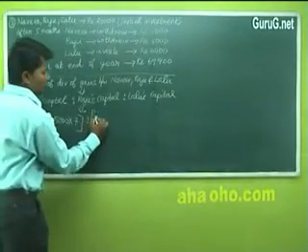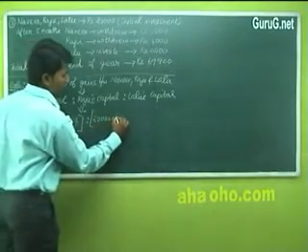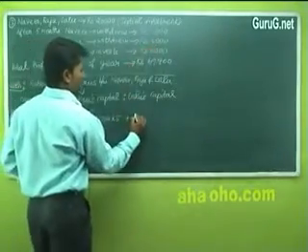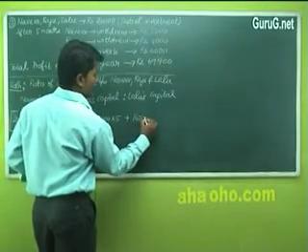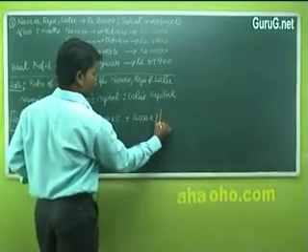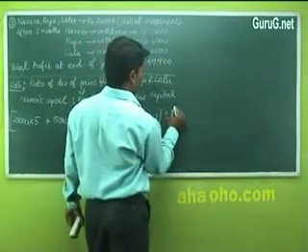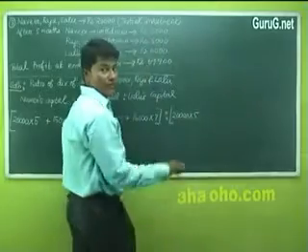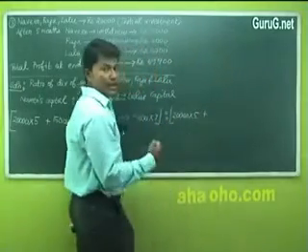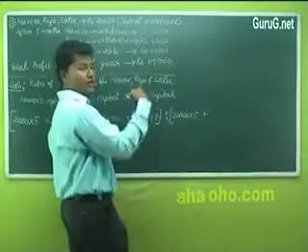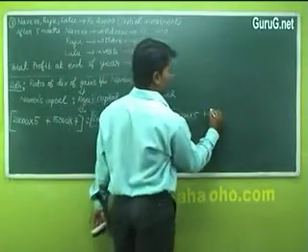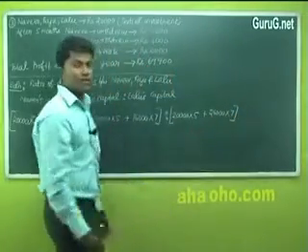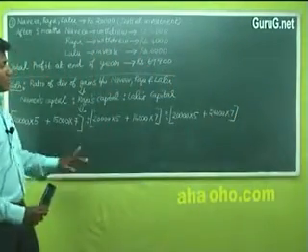Now for Raju, 20,000 into 5 plus he withdrew rupees 4,000. So the remaining amount will be 16,000 into 7. Then for Lalu, he invested 20,000 for 5 months. After that, he invested 6,000 rupees more. Therefore, his share of capital for the next 7 months will be 26,000. Hope this step is clear.